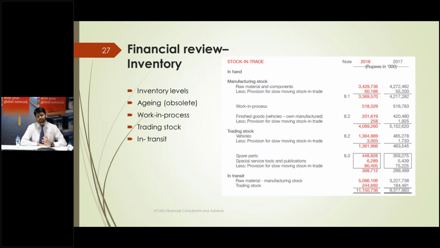so for inventory, we need to consider the aging of the inventory, whether it's obsolete stock or whether it's damaged or discontinued stock. Then we need to consider work in process. Again, at each point there has to be an aging, and work in process is usually not very old because Indus Motor Company is a very high in demand and fast moving company, in the sense that they have a lot of backlog of orders. So work in process would probably not be very old.